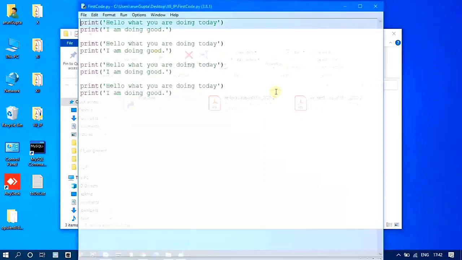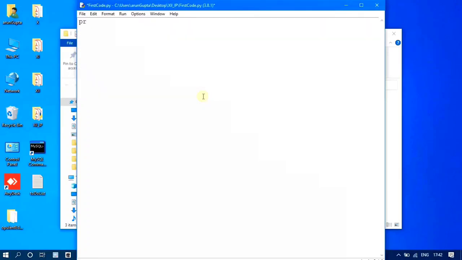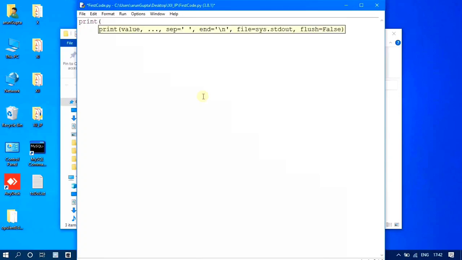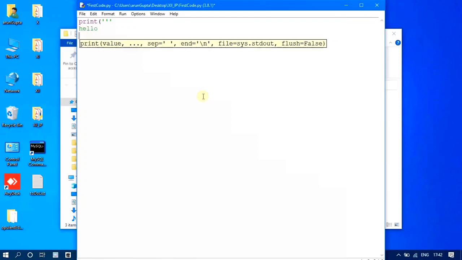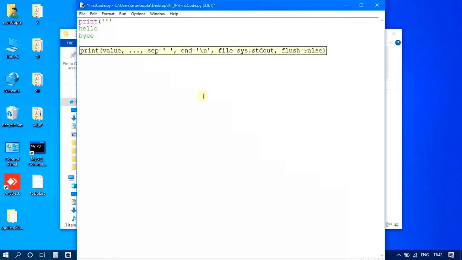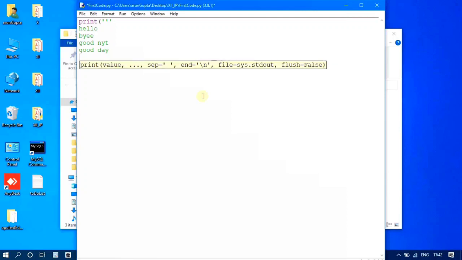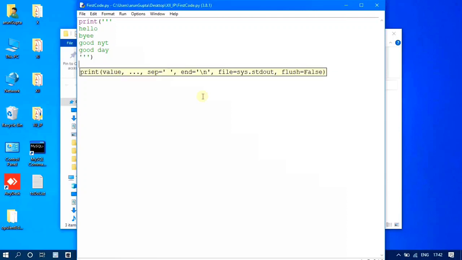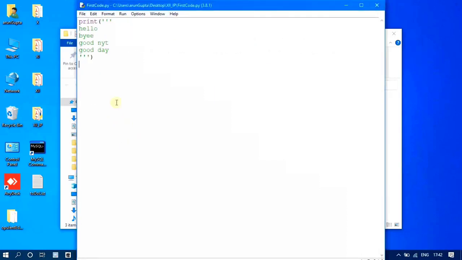If I want to write a multi-line statement, I can use print and hello, bye, night, day, something like this. If I run this code, my file is saved, I use F5, and you can see all the multi-line statements are printed here. So this is the print statement we can use.